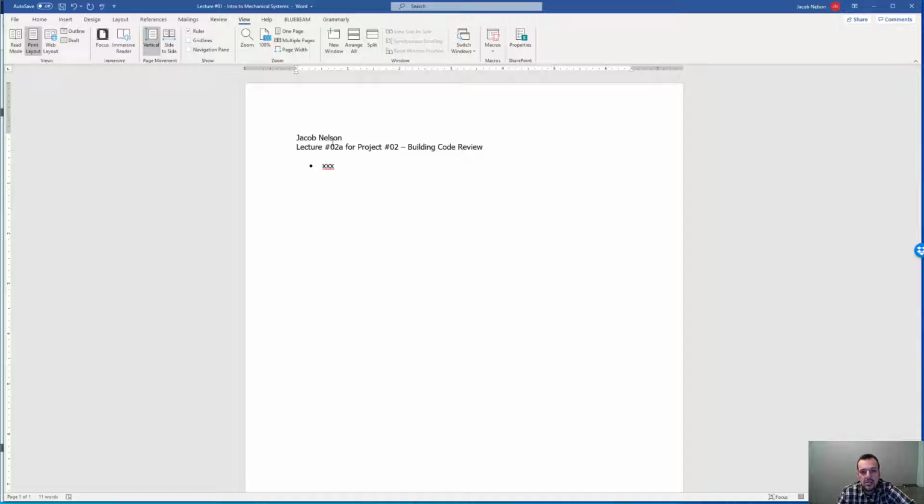There could be other parts of the program where it's covered, but as a designer, it's really good to know because you're writing or reviewing these codes, and that's what you're designing off of. So interior designers, especially with walkways, egress, stuff like that. On the flip side, as a contractor, you're going to be dealing with code officials all the time, and you're going to be able to code plans, what's on the plans,